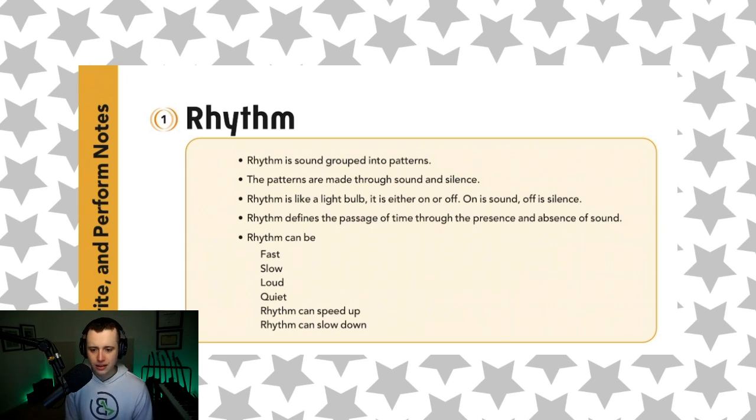This is example 1 from your book, Rhythm. It's an African kind of rhythm. But listen, we're not worried about what these different sounds sound like. You can hear that there's a sound and then there's silence. Slowing down, speeding up. See, rhythm can speed up. Faster, faster. Getting quiet. Very quiet,